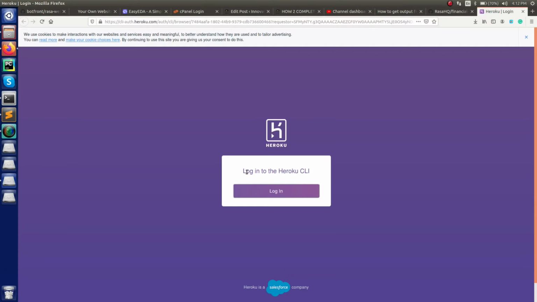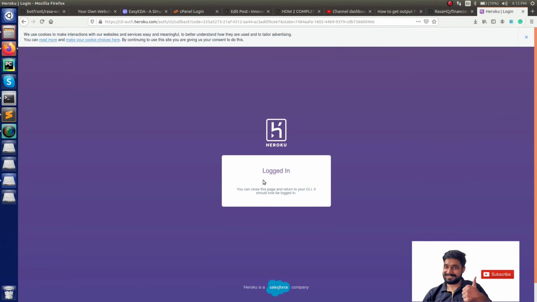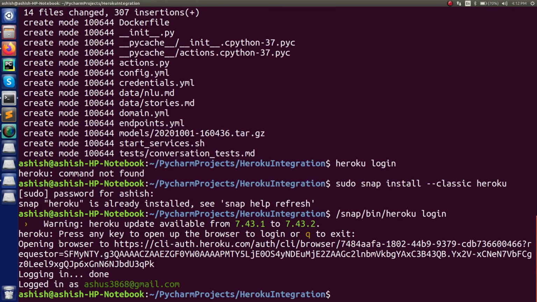So here you can see it is asking you to log in to the Heroku client. Just click on login. In my case I have already logged in before, so that's why it is directly logging me in. But in your case it can ask you to sign up or sign in, whatever it is. So after that, when you're done with that, it will take you inside and it will log you in. So like I am logged in. Now go back. So you can see I am logged in here, and this is my ID. So this is what I'm doing.